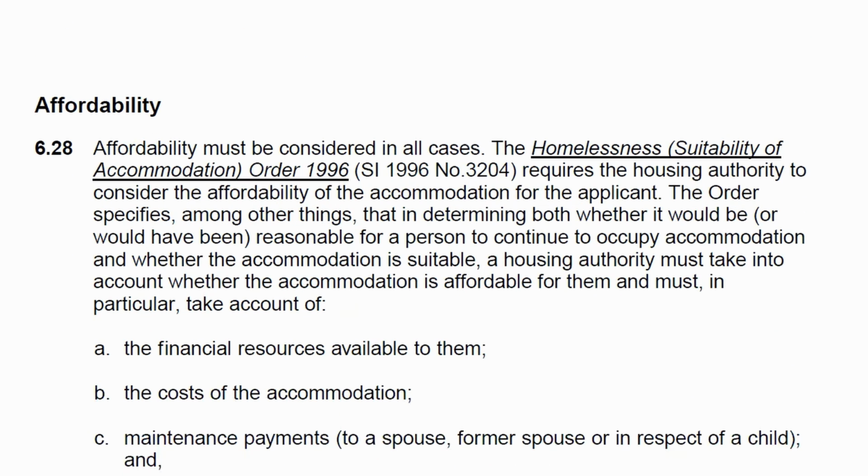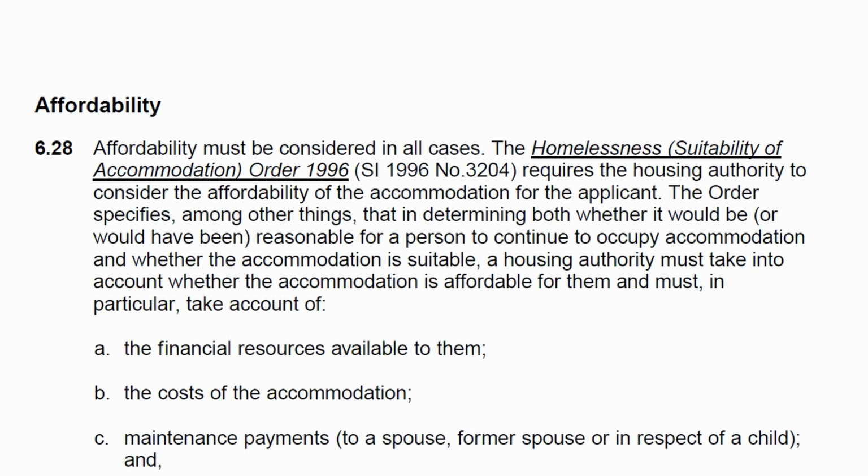Affordability. 6.28. Affordability must be considered in all cases. The Homelessness (Suitability of Accommodation) Order 1996, Statutory Instrument 1996 number 3204, requires the housing authority to consider the affordability of the accommodation for the applicant. The order specifies, among other things, that in determining both whether it would be or would have been reasonable for a person to continue to occupy accommodation and whether the accommodation is suitable, a housing authority must take into account